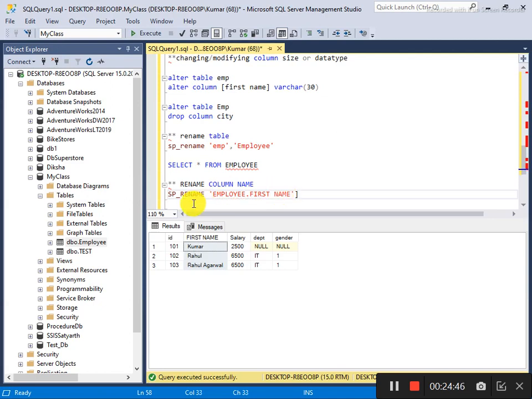so if you have any space, then you will put it in a square bracket, and what you want to say is the new name, like emp. Table, oh sorry, I am saying its first name would be name only, and you will tell it what it is, a column or what, so that it will apply perfectly.